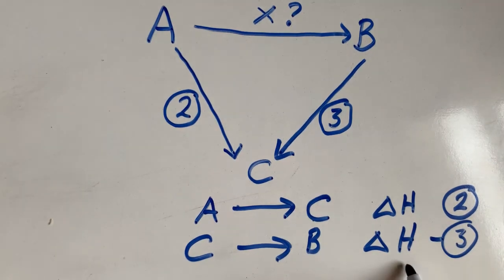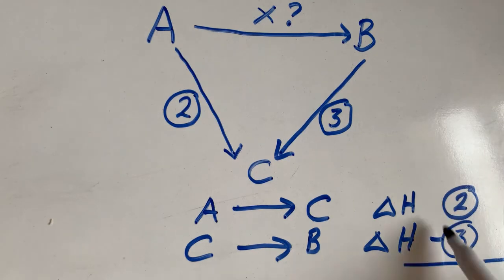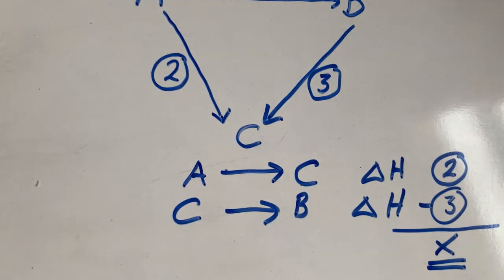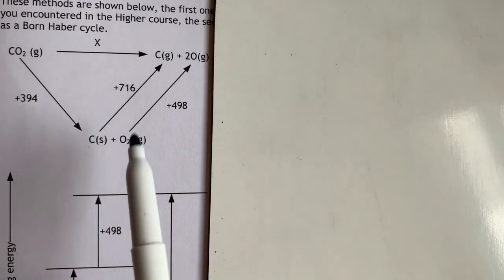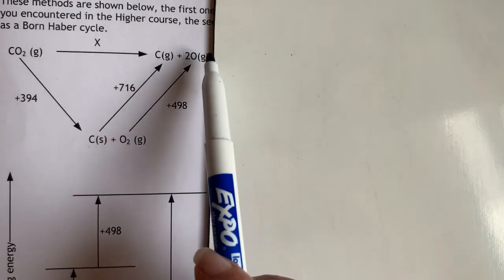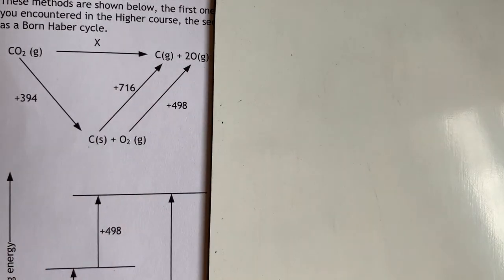And then by simply adding what numerical values these were, so the numerical value of 2 taking away the numerical value of 3, we would get the delta H for X. Relating what I've just shown you to this diagram here, this one looks more complicated, clearly because we've got these 2 arrows. Converting that diagram into the same style of diagram as I've just done, with no double arrows, we would have